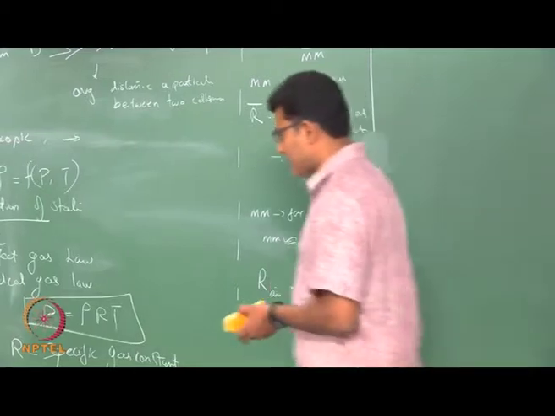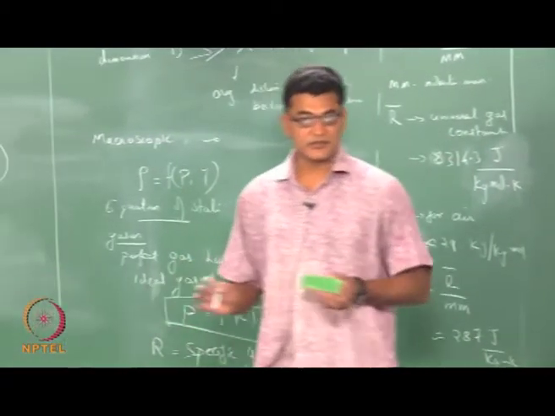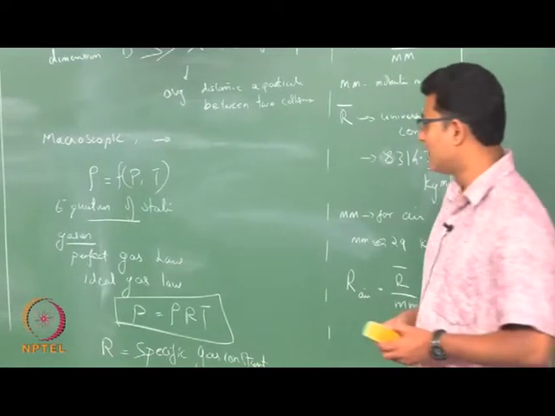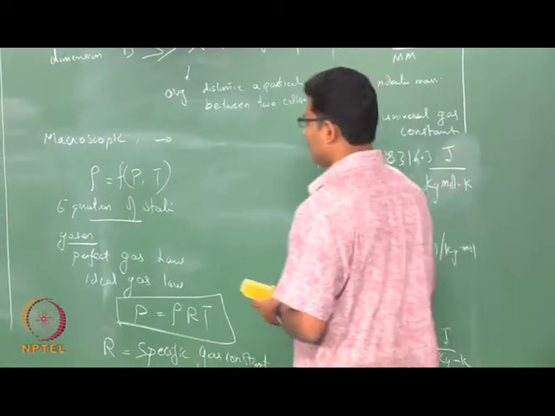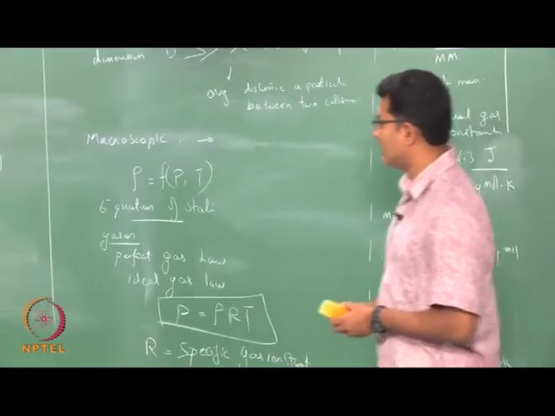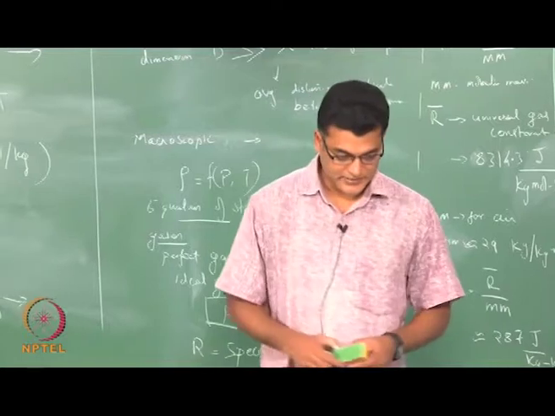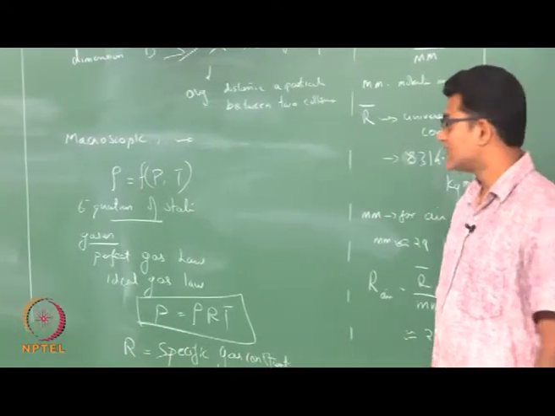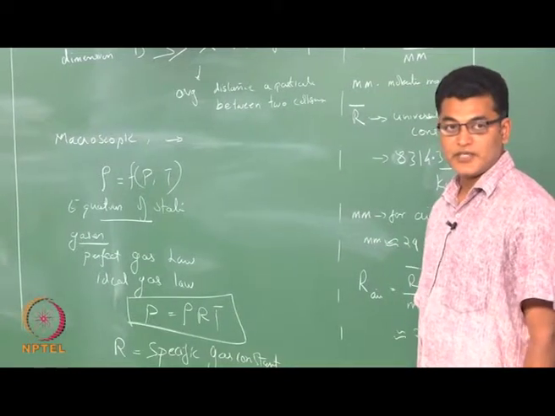And ideal gas does not mean that it is not present or it is an imaginary fluid. It is just that it is valid for most of the everyday life gases, moderate pressures and temperatures, that is around 1 bar and 300 Kelvin.